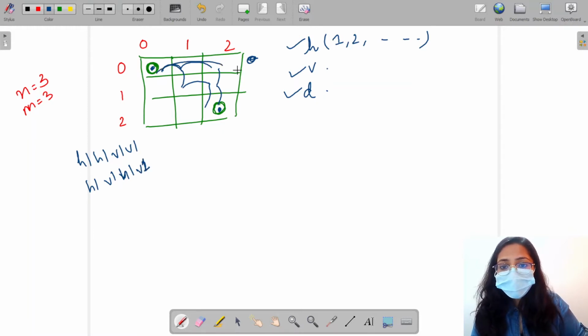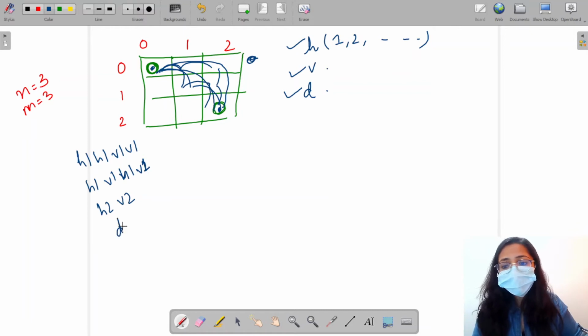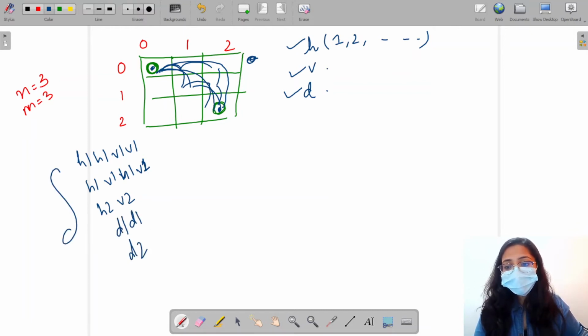One could be to take H2, V2. We could take D1, D2 or directly D2. So we have a lot of methods through which we can reach the end position, that is the bottom right position, and we have to print all the methods through which we will reach this position.